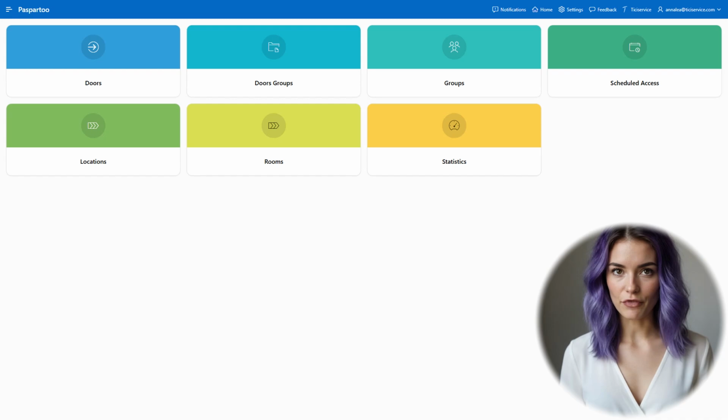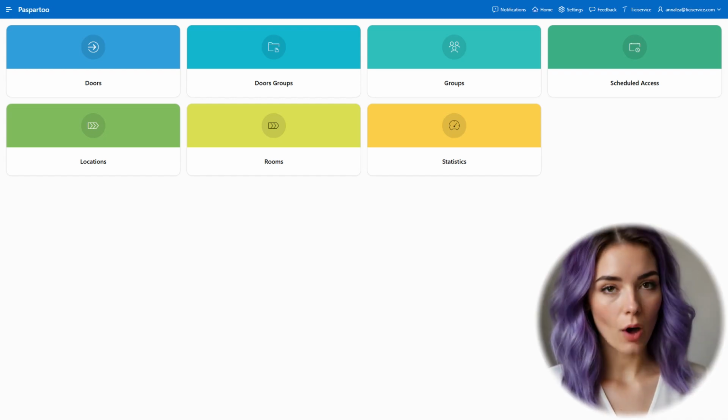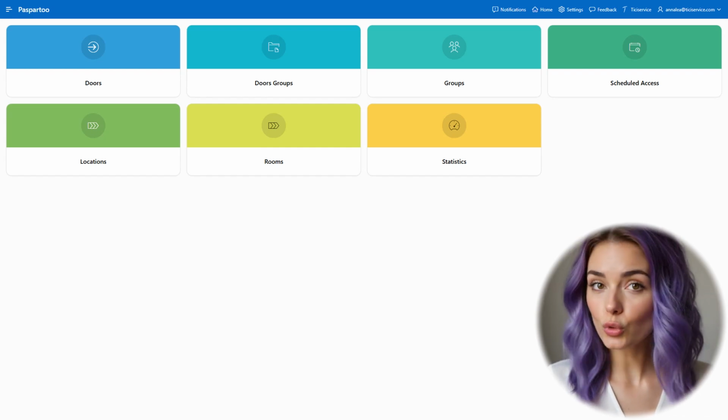Paspartoo was created to give you complete control over your spaces. Clear, secure, and always at your fingertips. Whether you manage a single office or multiple locations, Paspartoo adapts to your environment and grows with your needs. It brings simplicity to a process that is often complicated, allowing you to focus on what truly matters: